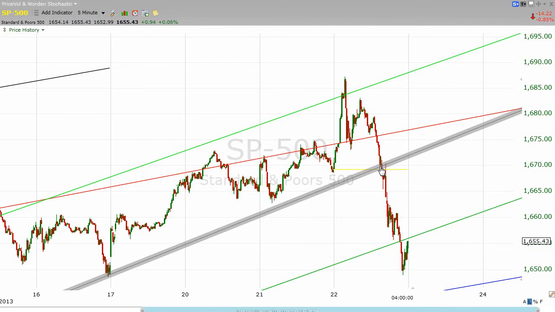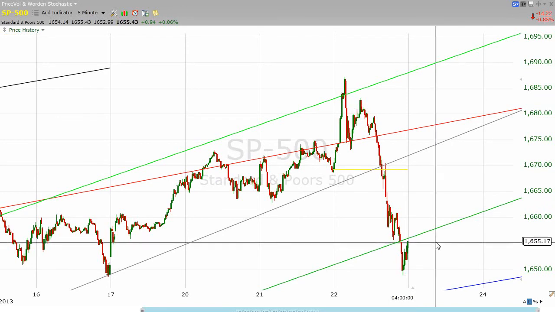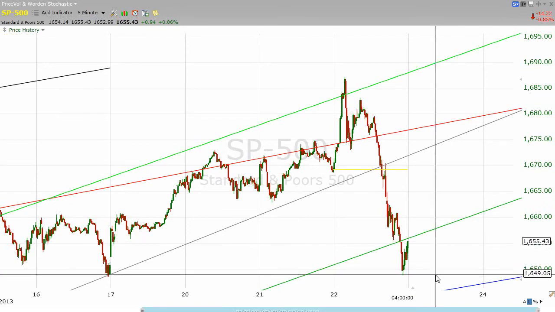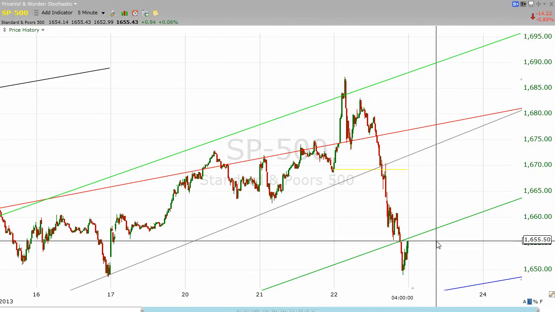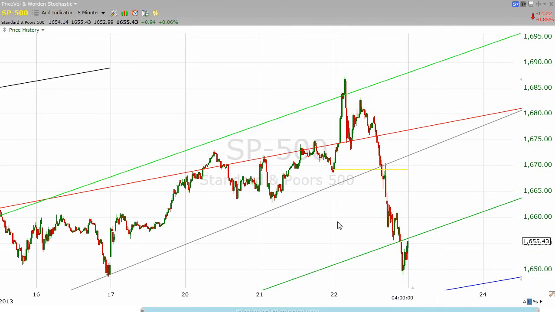And remember, we were saying that if this gray line goes, look for at least a good solid test of our lower green support line. We got that test and it failed, but I need to remind you that it only failed by a margin of a little bit more than 6 points,